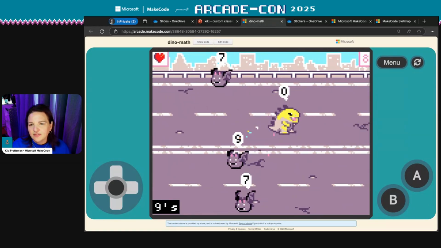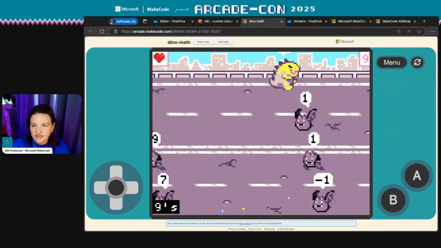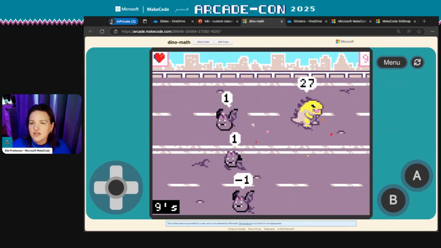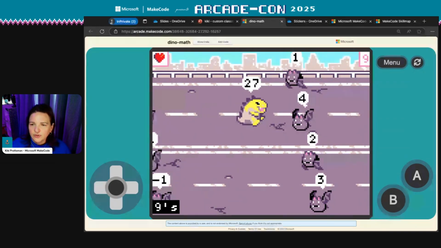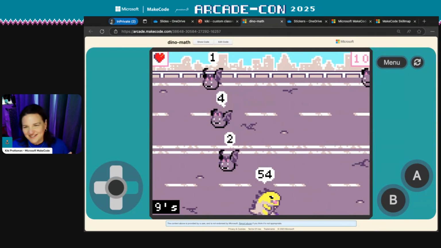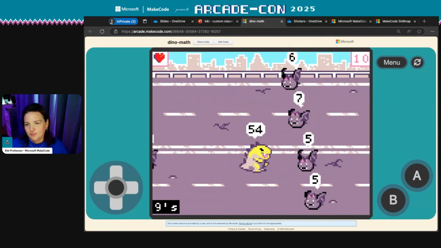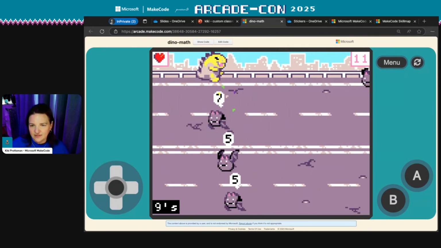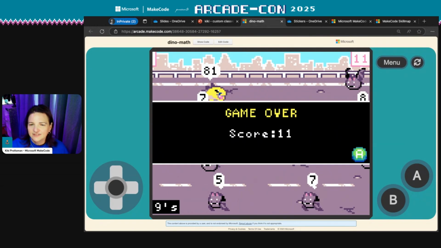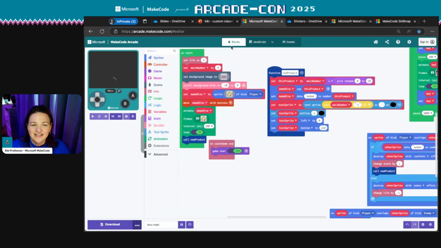And you can make them go slower if you feel like this is too fast for your students. You're in control. So you get to make all the choices here. You get to choose if it's dinosaurs and bats, if it's dinosaurs and baby dinosaurs, if it's nines. It's hard to play while you're talking, as it turns out. If it's nines, if it's eights, if it changes, you get to make all of those decisions, which is why it's so cool and so powerful when you can design these on your own.